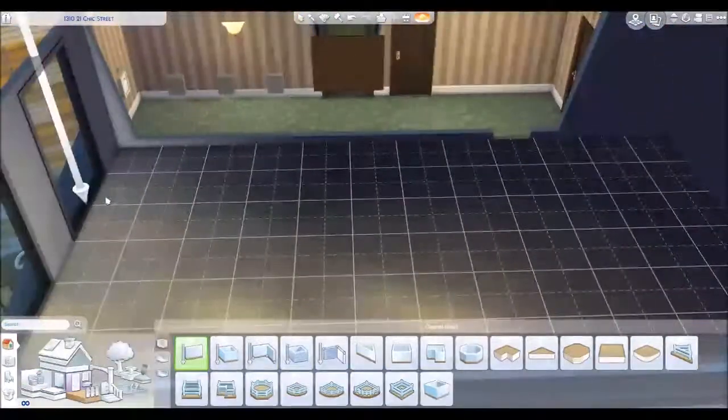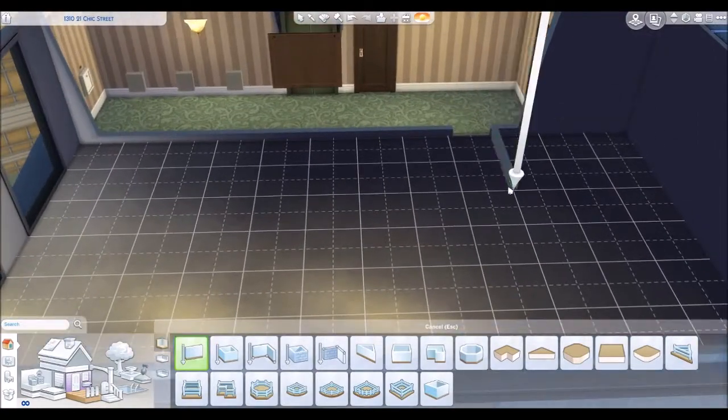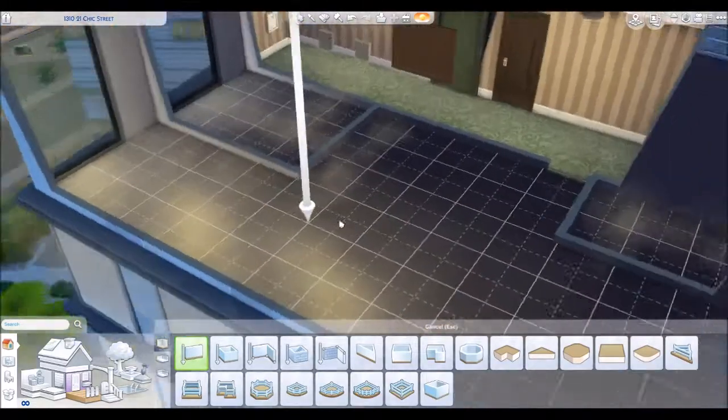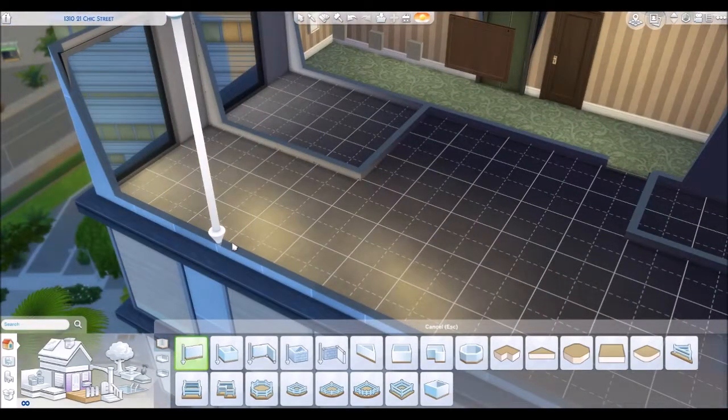Today I'm doing a tiny apartment build and I'm just putting in the foundations. So whilst I'm putting in the foundations, like my room plan, I'm just going to start talking to you about